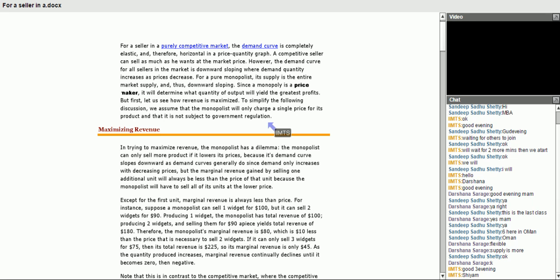Okay. So in order to maximize the revenue, the monopolist has a dilemma. The monopolist can only sell more product if it lowers its prices. Petrol is a very rare thing about which I am talking. If I talk about a small thing,